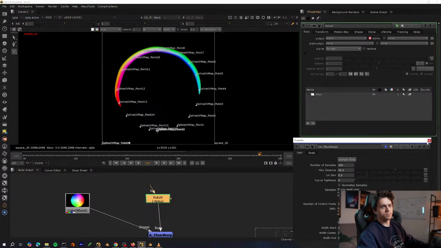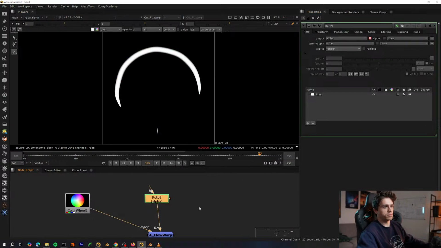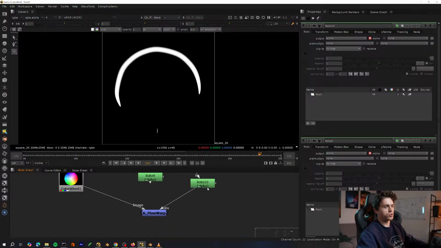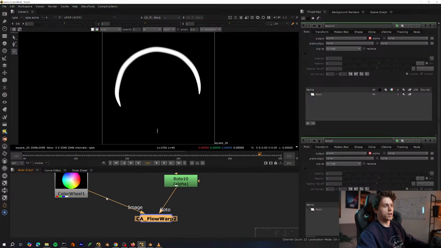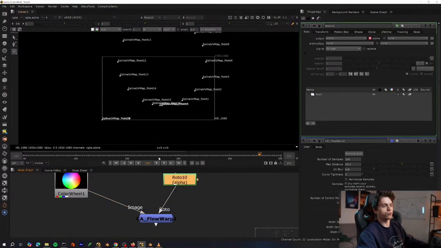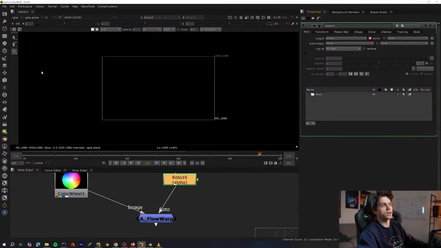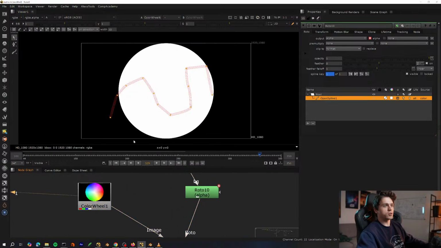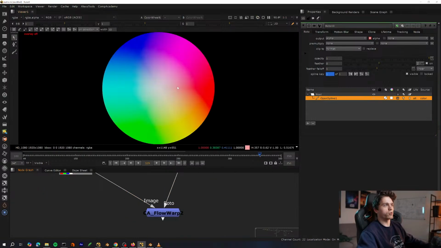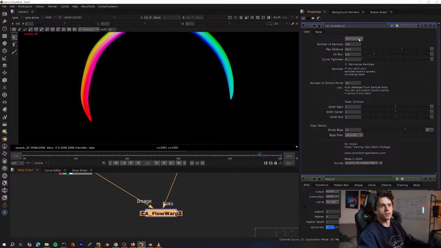Essentially, we have a roto shape. Any shape we can use. We can also use other 2D points. But what I wanted to do was have a way to flow images across this path. So if I hit this roto shape and go to create an open spline, I'm going to do this, create an open spline. Then I'm going to take my image that I want to warp across this and hit update,